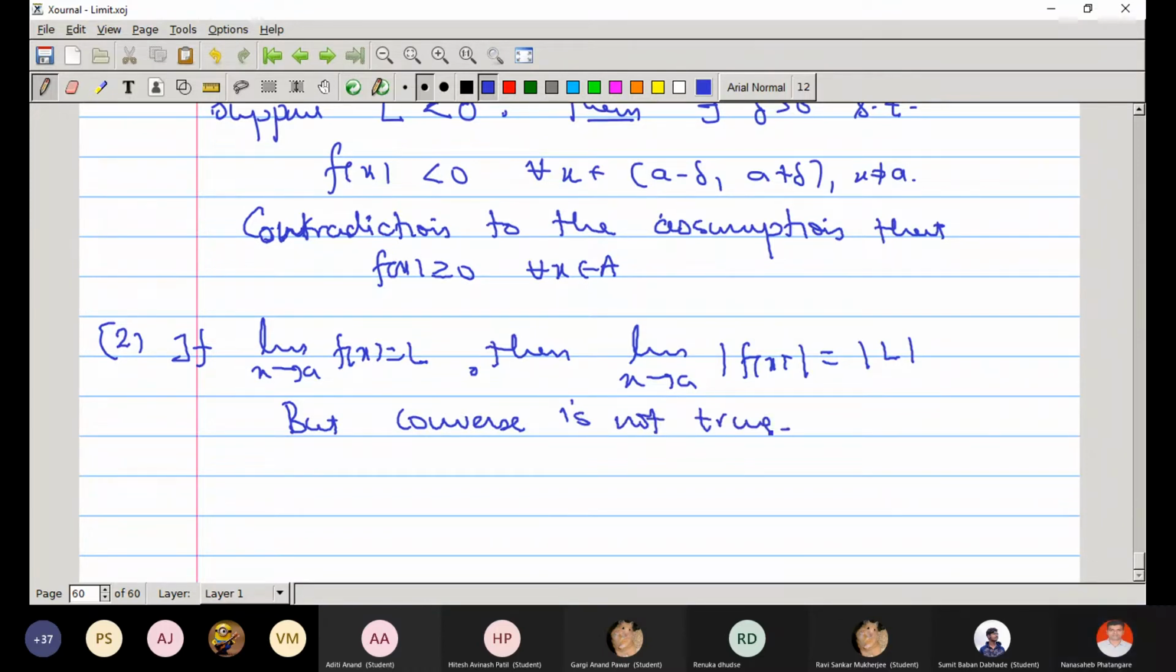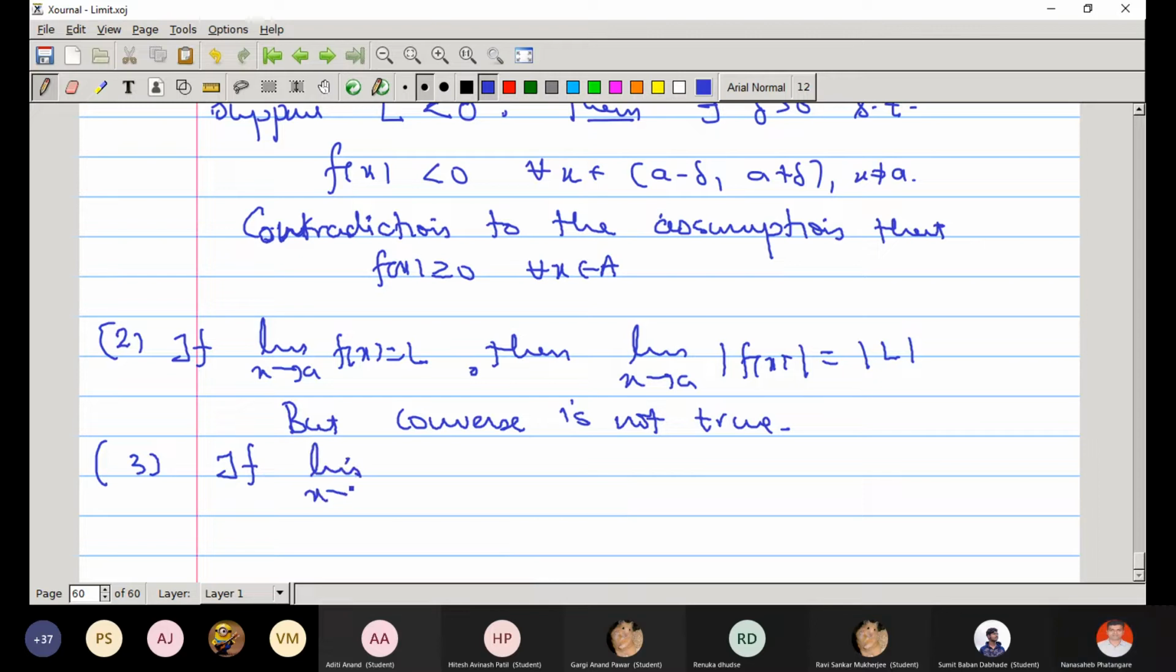Correct? Am I right? Yes. Right. So if the limit of f is L, then the limit of the absolute value of f is the absolute value of L. That's fine. But the converse is not true. That also we discussed. Now, if